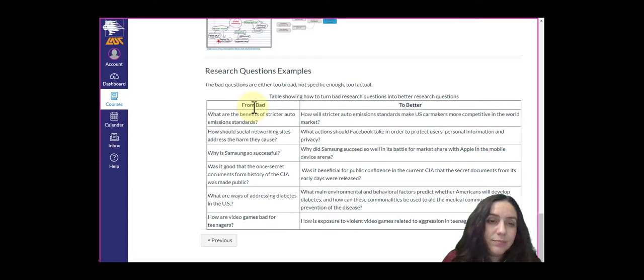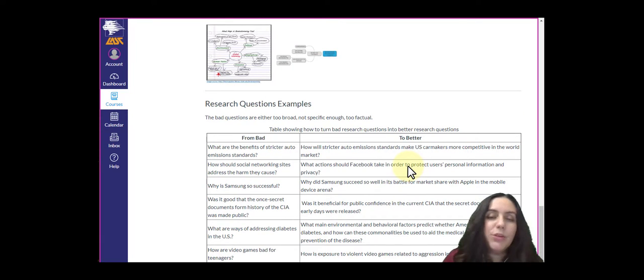practical way of helping students design a good question is to show them examples of bad questions and how they could be turned into better questions. So then you could apply this to your own question, to your own design. So go ahead, take some time, explore this content, and give it a try. Come up with a few of these questions.